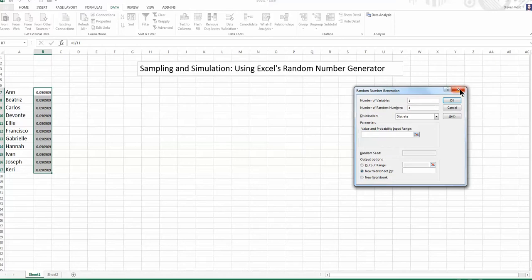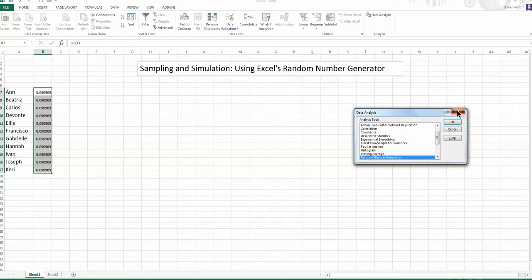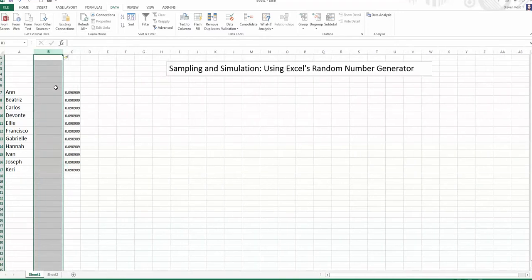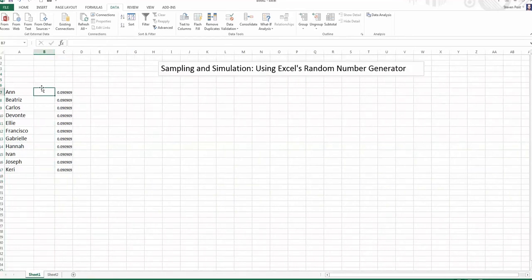So I close this out, and then next time I do this, I can prepare this in advance. And what I need is to assign each student a number. So I'm going to assign each student a number. 1, 2, 3, 4, 5, 6, 7, 8, 9, 10, 11. Okay, now I go back to my data analysis,